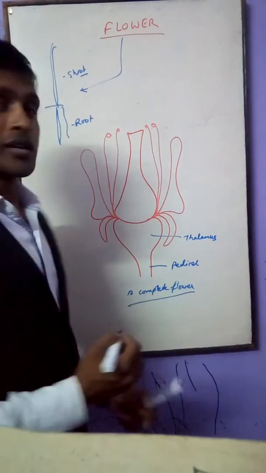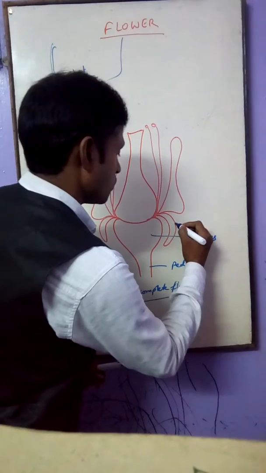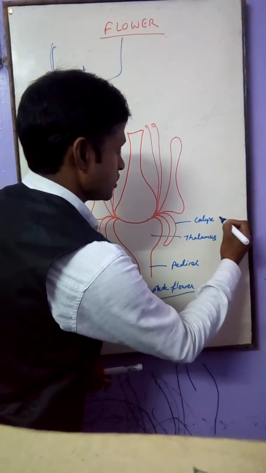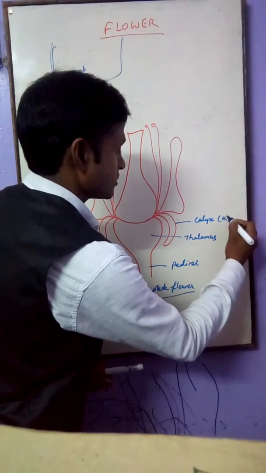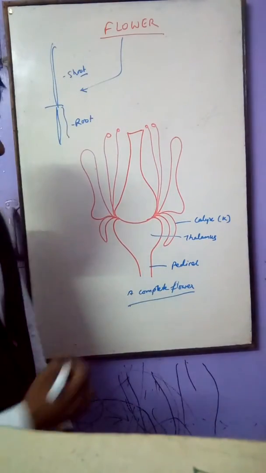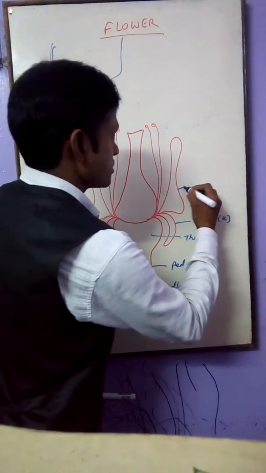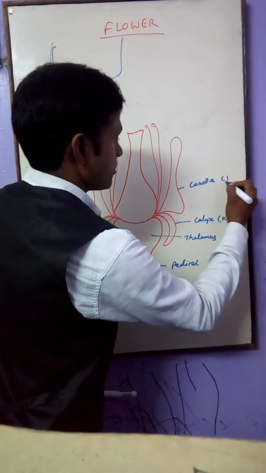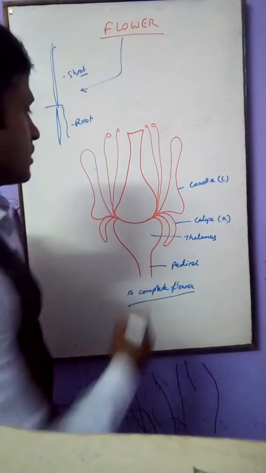Now the whorls come. The first whorl, the lowermost whorl, is the calyx. It is denoted by the letter K. And after that, this is the corolla. It is denoted by C. Then